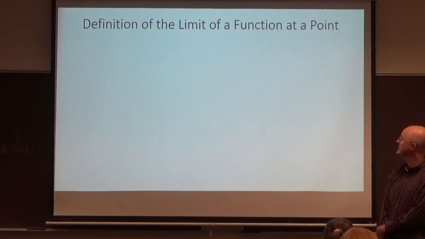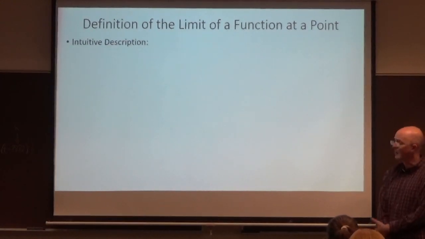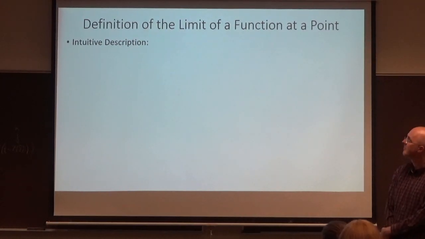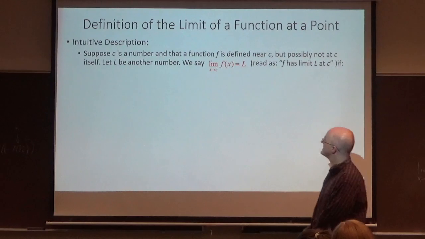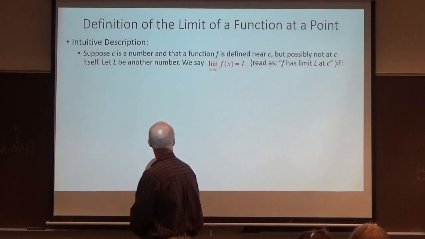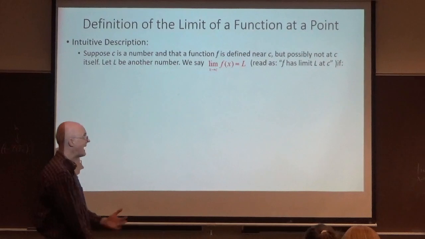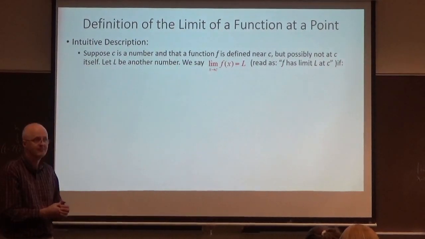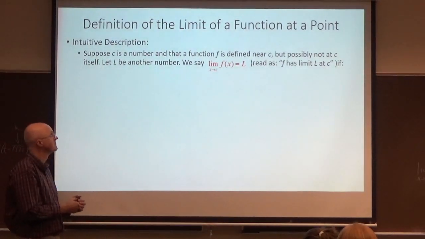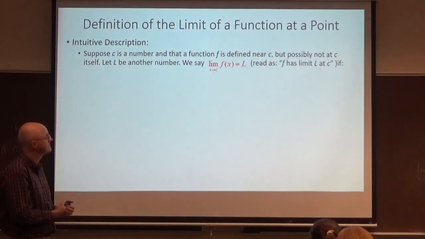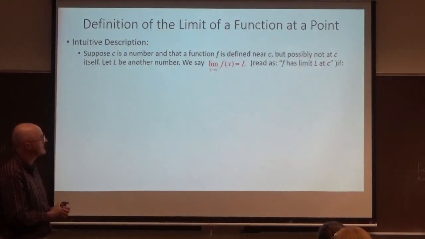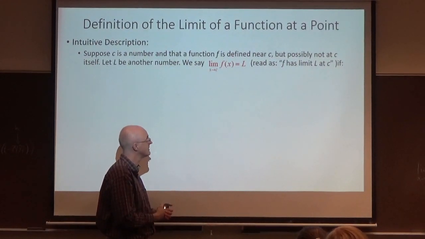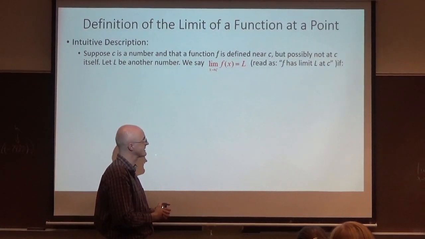Definition of the limit of a function at a point. I will start intuitively. Maybe this is worth writing down. Suppose C is a number, and that a function f is defined near C, but possibly not at C. Maybe the graph has a hole in it at C, like the examples we considered. Let L be some other number. We say that the limit, which is a two-sided limit here in this notation, as x approaches C of f of x equals L, which you can also read as f has limit L at C,